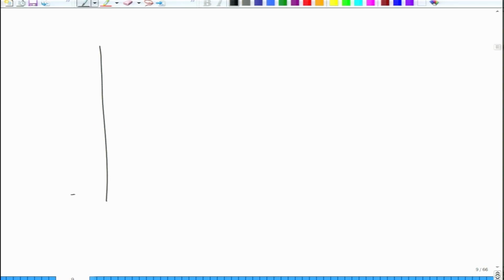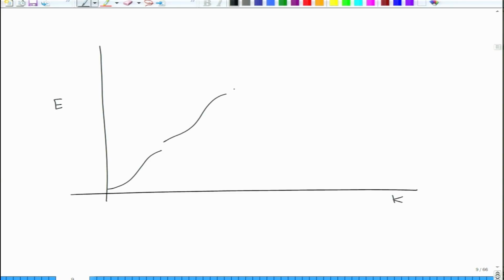However, if there are systems for which you do not have continuity, if there are systems for which you have situations like, so if you plot E versus K, you may have states in this fashion, let us say, a very simple diagram I will draw. So you may have states like, okay, if you have states like these, then this is, let us say, K1, this is, let us say, K2. So if you look at,